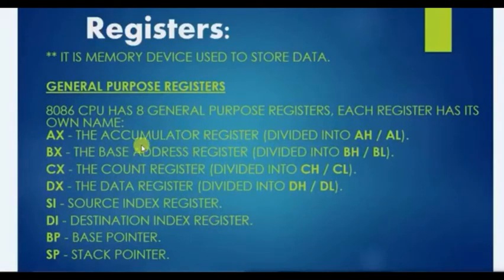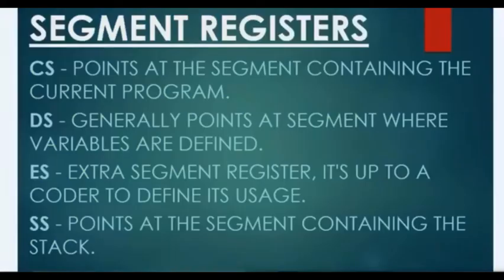Note one important point, friends: the AX register is divided into AH and AL, and similarly the BX register is divided into BH and BL, and in the same way CX into CH and CL, and DH and DL. This is not something I have divided, this is the sequence of registers. They are present in this fashion in the microprocessor, or we can say in the 8086.